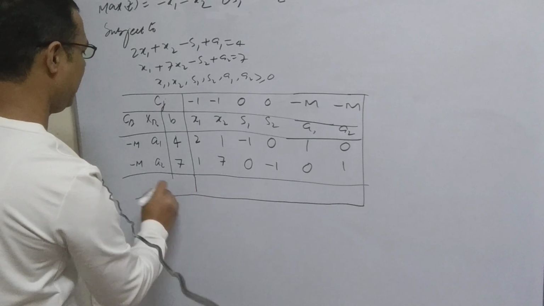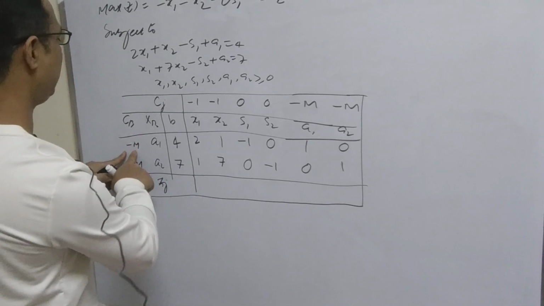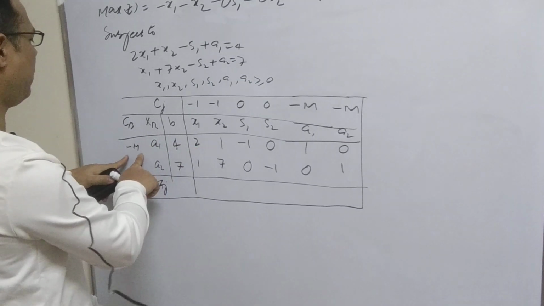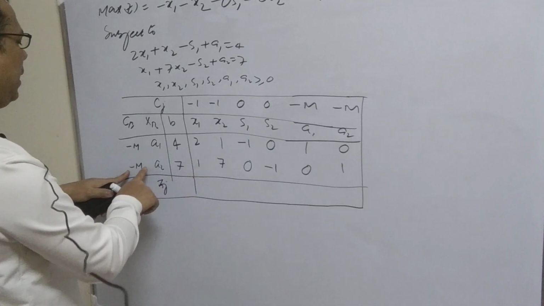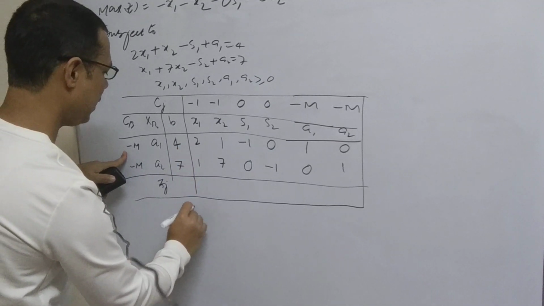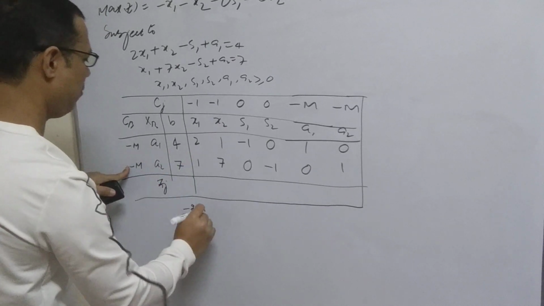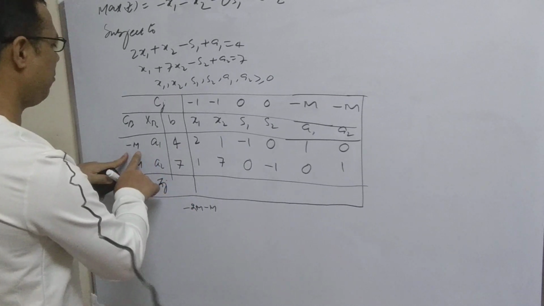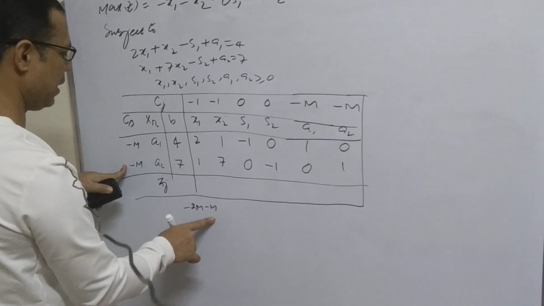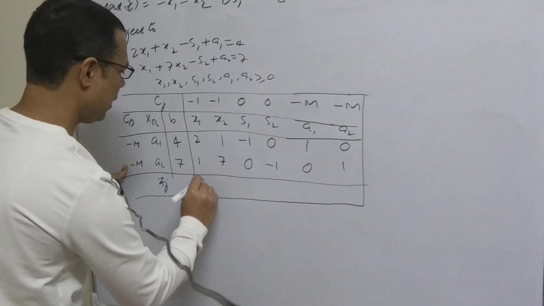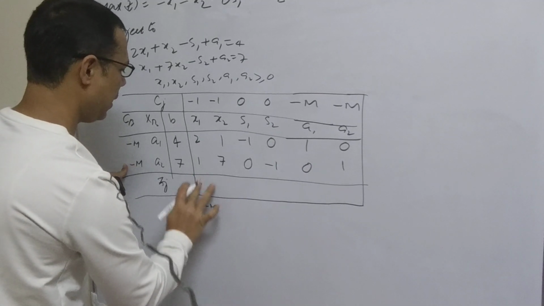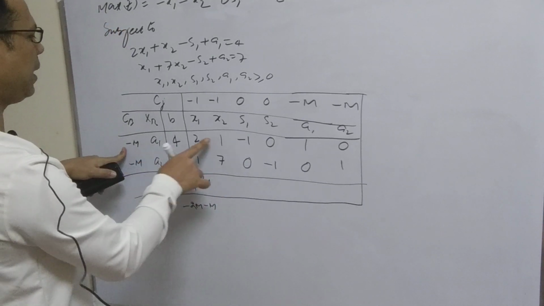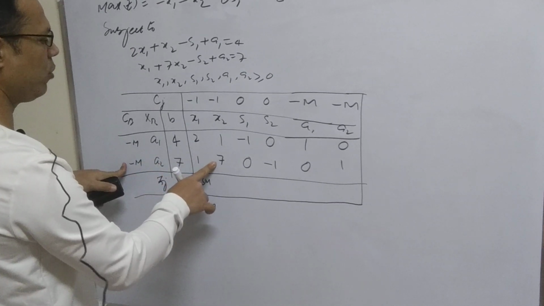To find the zj, we need to multiply these values with all the coefficients of the constants. 2 into minus m plus 1 into minus m. It means minus 2m minus m. If you are going to add minus 2m and minus m, it will give this result. So now the result is minus 3m. Here, minus m minus 7m, if you are going to add, it means minus